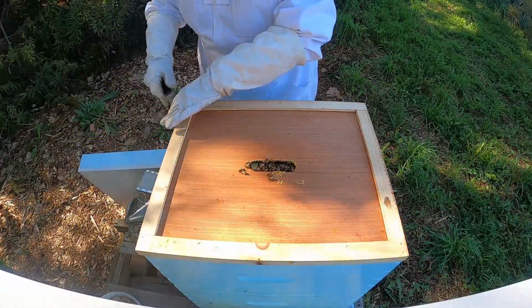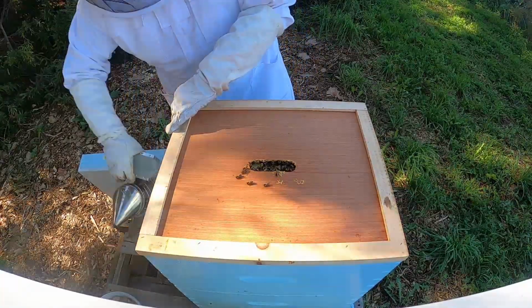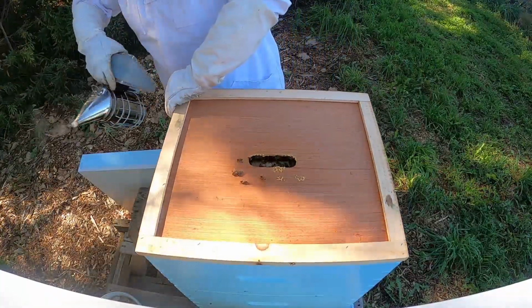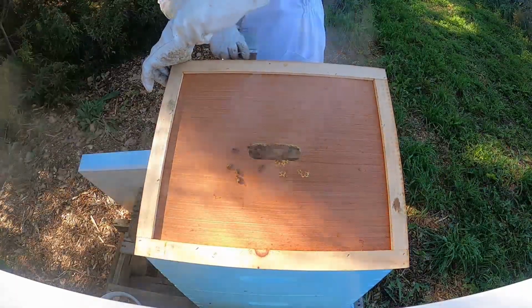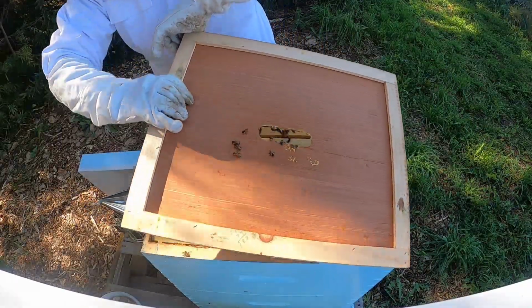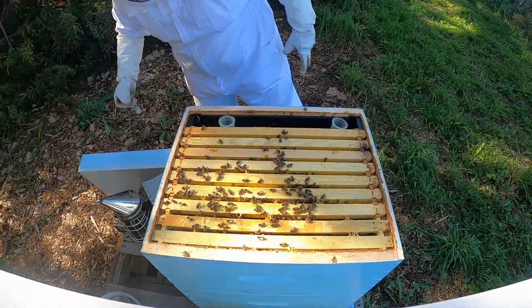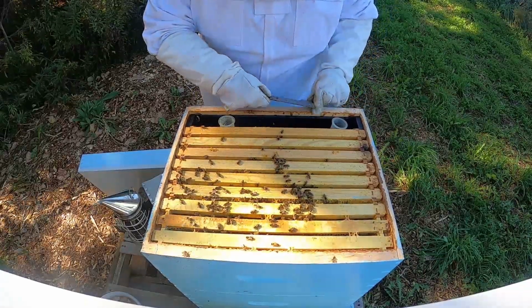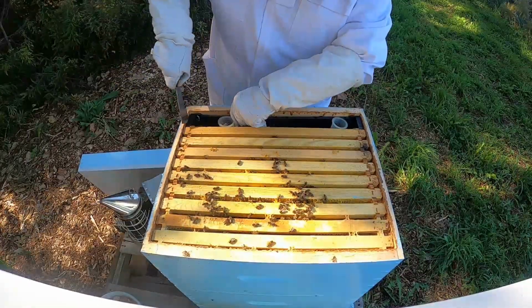This one will be a bit easier. I'm gonna get some smoke in there, because they're gonna start flying out as soon as I open this up. Get some under there now if I can. Calm them down a little bit. They do not like this type of wind. It makes them angry, and you don't hear very much because it's so windy, obviously. Let's get this feeder out of here